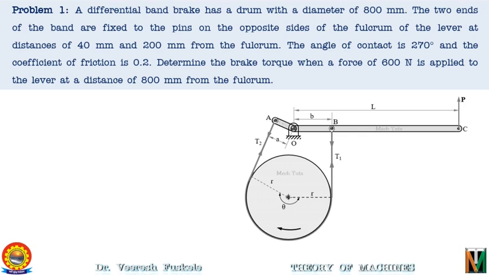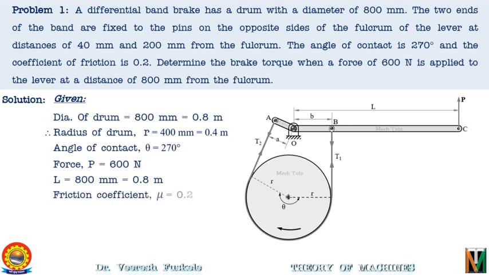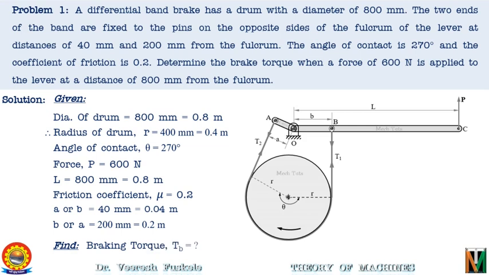As always, let's write what is given. The diameter of the drum is 800 mm, that is 0.8 meter. Therefore, the radius of the drum will be 0.4 meter. Angle of contact is 270 degrees. Force P is 600 Newton. The length L, that is the distance of the point of the applied force from the fulcrum, is 0.8 meter. Friction coefficient is 0.2. The distances A or B can be 40 mm. Similarly, B or A can be 200 mm depending on the configuration. And we have to find the braking torque TB